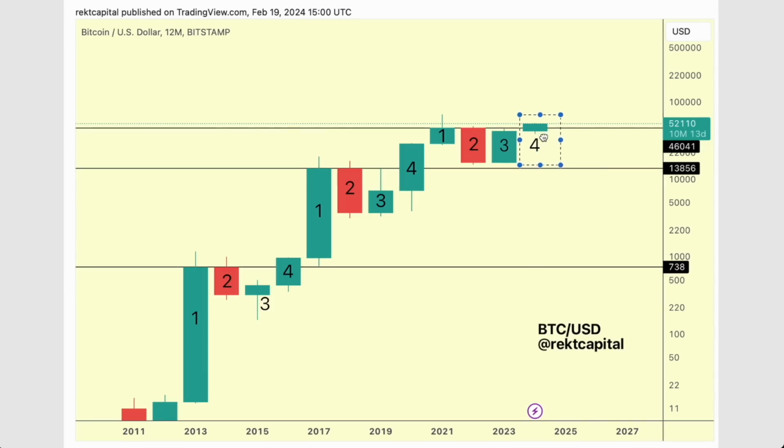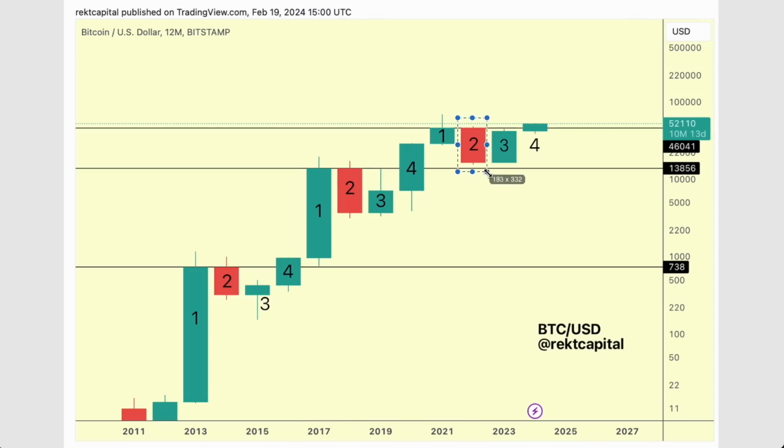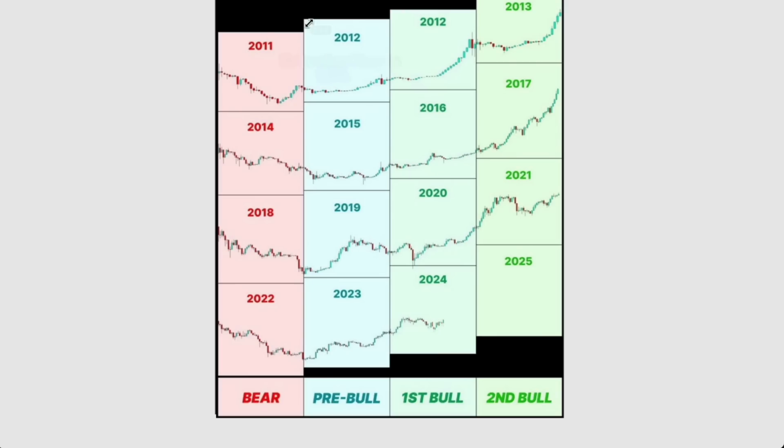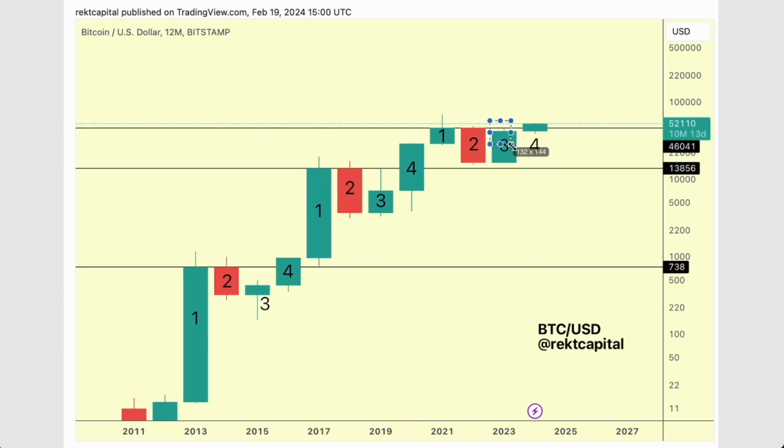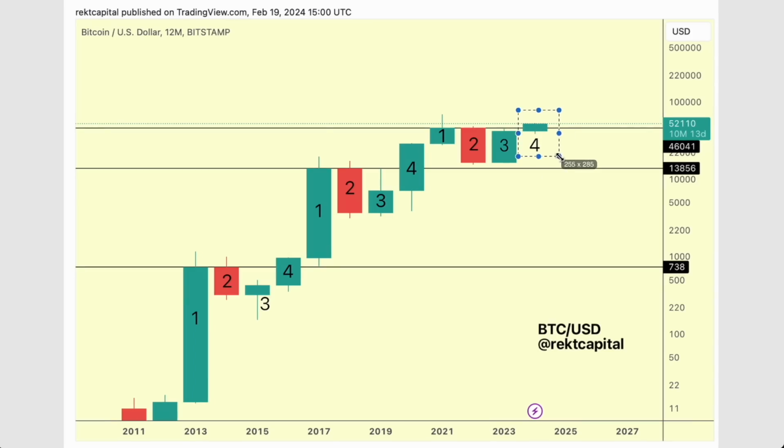Really important to understand that these phases represent the 4-year cycle, number 1, 2, 3 and 4. You can see how in this bear phase those represent the candle 2 right over here. And in this phase, the pre-bull phase, those are the pre-halving years. So you can see that they represent candle 3 here. And in the halving year, which we see over here, this is the first bull phase, that represents the candle 4, which tends to break a 3-year resistance and hopefully turns it into new support.